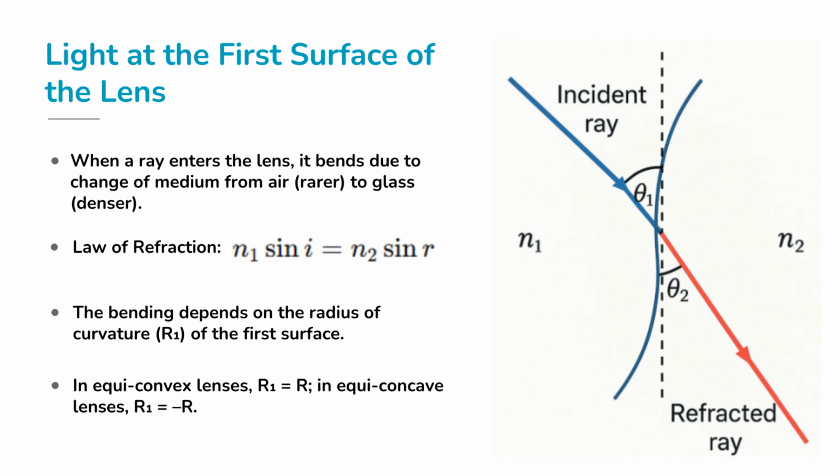Now, how much the ray bends doesn't just depend on Snell's law, it also depends on the radius of curvature of the first surface, called R1. You can think of it like the slope of a slide in a playground. A steeper slide makes you zoom down quickly, a gentler one bends your path slowly. And here's a neat fact, in equiconvex lenses, R1 is equal to positive R. But in equiconcave lenses, R1 is equal to negative R. So whether the ray bends inward like a warm hug or outward like a push depends on the shape of